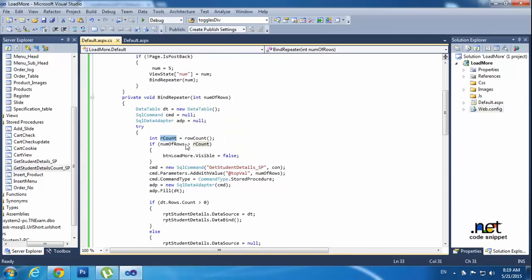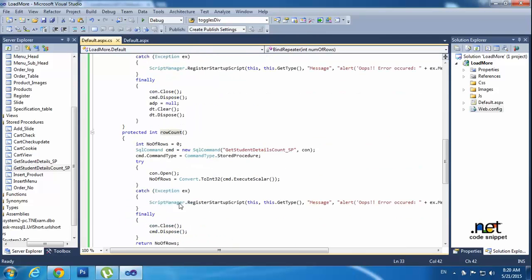So I am executing the rcount, to get how many records are right now in the database. I am using the rcount, which is also a custom function that I created here. Here I am declaring int numberOfRows equal to 0. So executing the connection here, like get student details sp, cmd.CommandType equal to StoredProcedure,